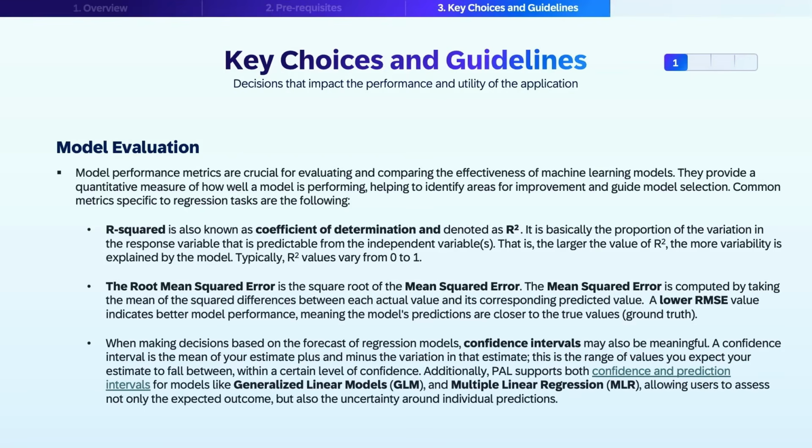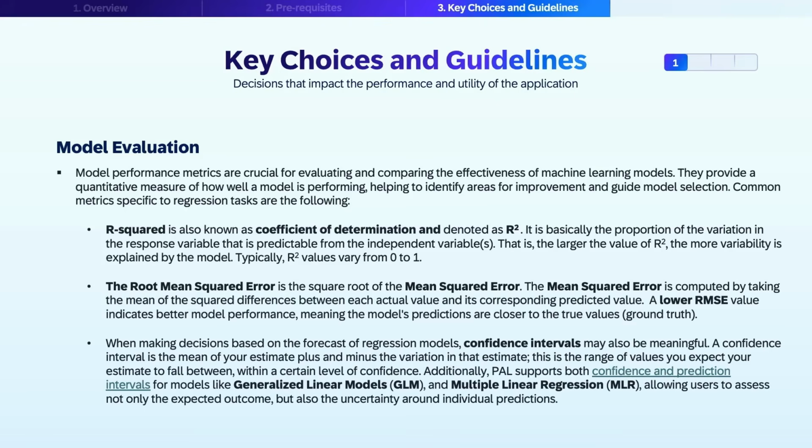When making decisions based upon the forecast of regression models, confidence intervals may also be meaningful. A confidence interval is the mean of your estimate plus and minus the variation in that estimate. That is the range of values you expect your estimate to fall between within a certain level of confidence. Additionally, the Predictive Analysis Library supports both confidence and prediction intervals for models like generalized linear models and multiple linear regression, allowing users to assess not only the expected outcome, but also the uncertainty